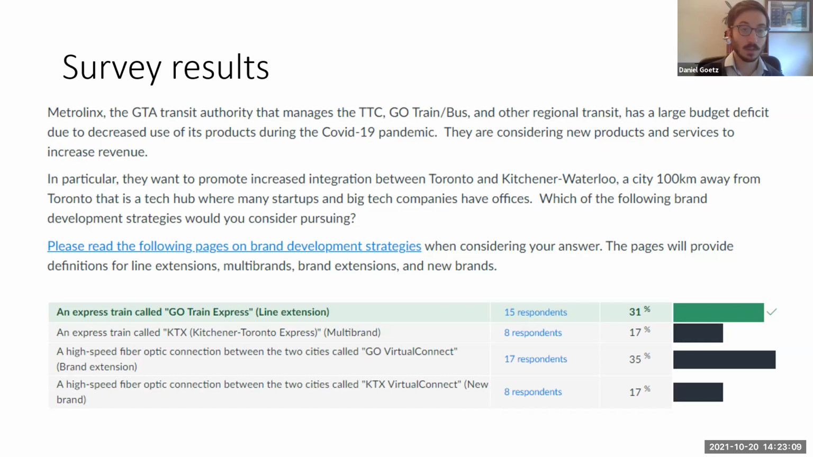And yeah, just finalize, the best option would be a new brand. So KTX Virtual Connect. And finally, we'll go to Jillian. Jillian writes,